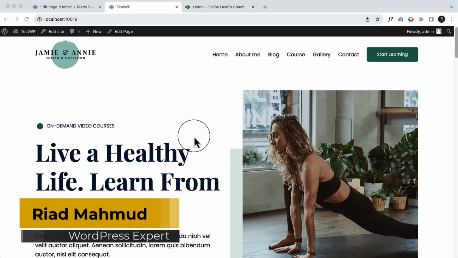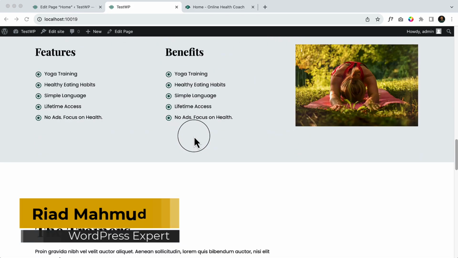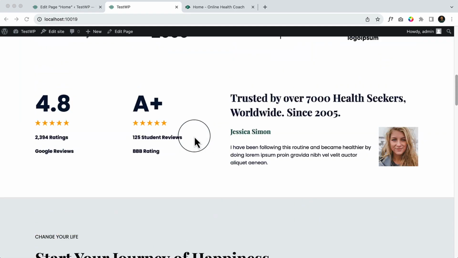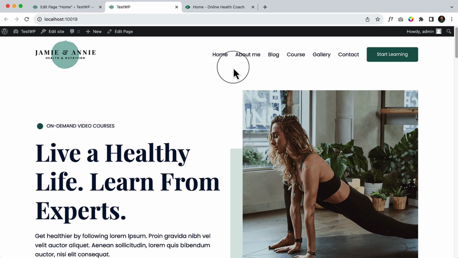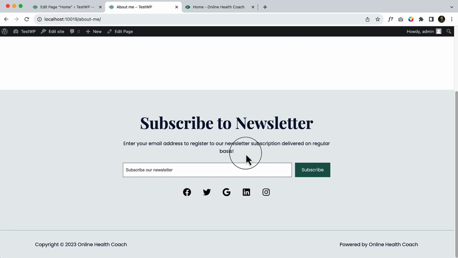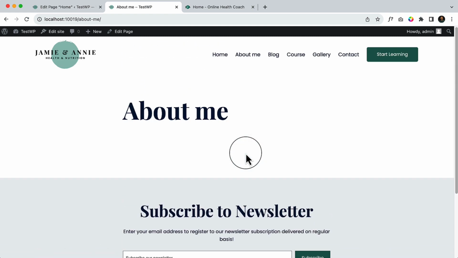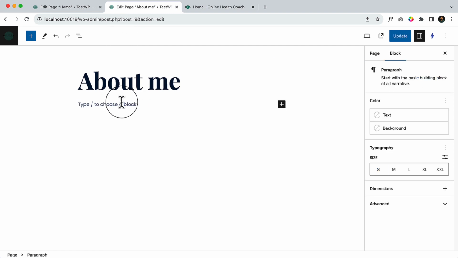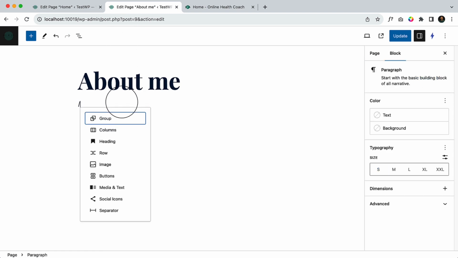Now it's time to create our single page template. So we have completed our home page, and if you want to visit any single page, let's say about me, it looks like this. The single page looks like this. It has some title, it has text over there, and it looks like this. If I go to edit page, and if I wanted to use about me content here, let's type,